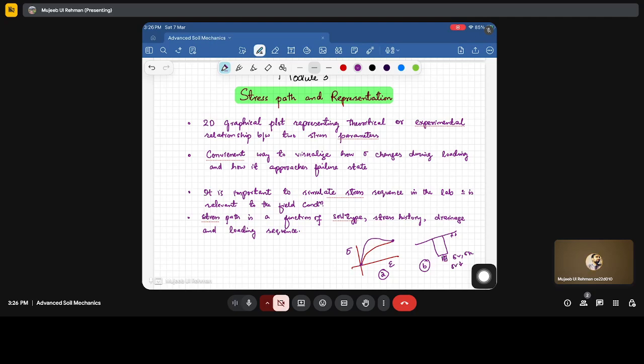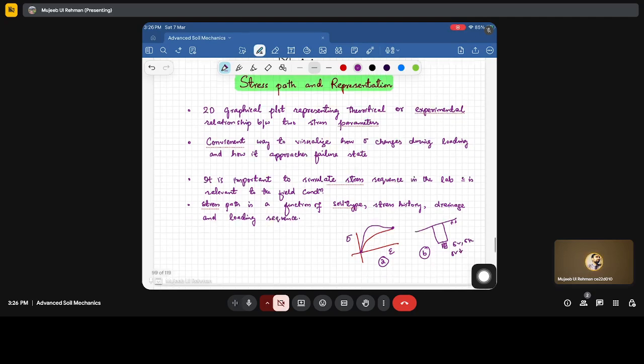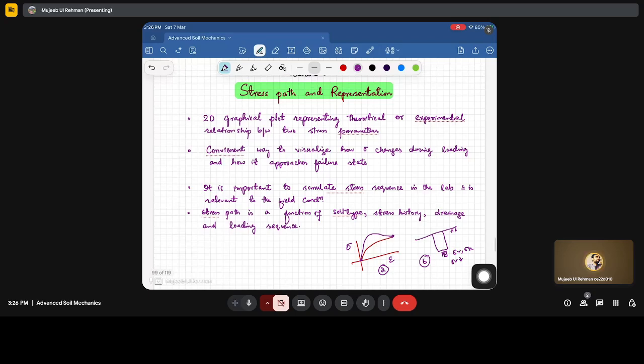So in order to see the behavior of the soil when we do this excavation, we have to follow a particular stress path. This is the second scenario where we need the knowledge of stress paths